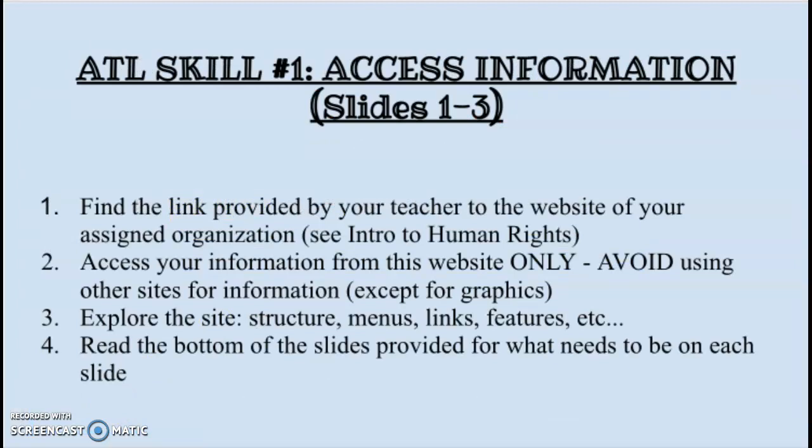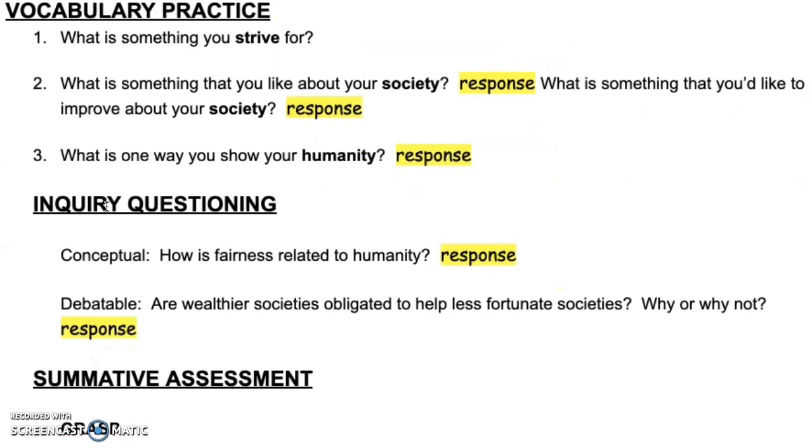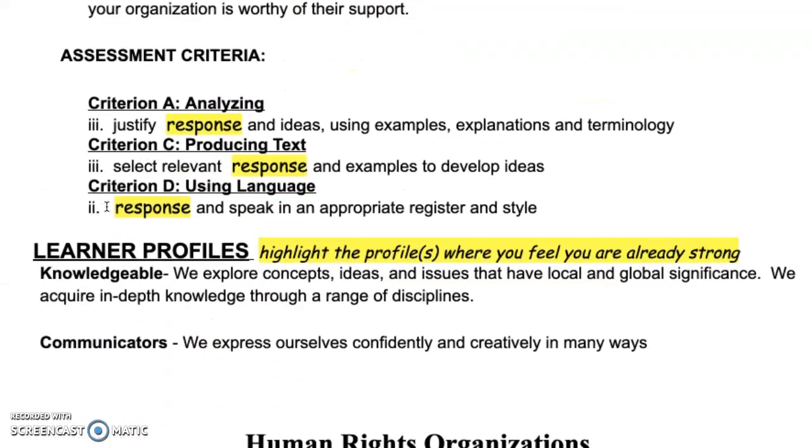Here are some important steps to access the information for your slideshow. The first step is to find the link provided by your teacher to the website of your assigned organization. So what you'll need to do is to see the Intro to Human Rights lesson. That lesson looks like this, and what you'll need to do is scroll down to the bottom,